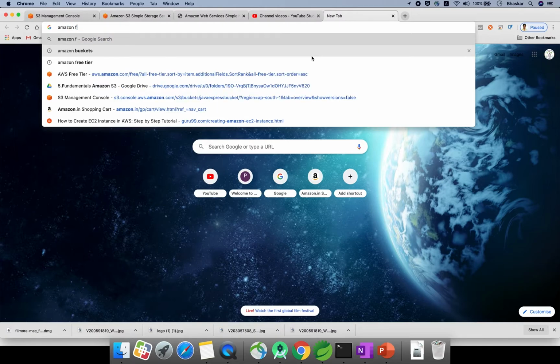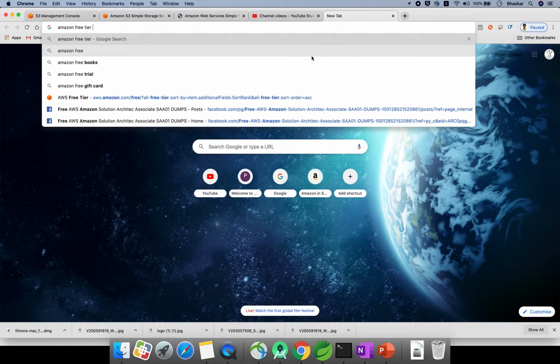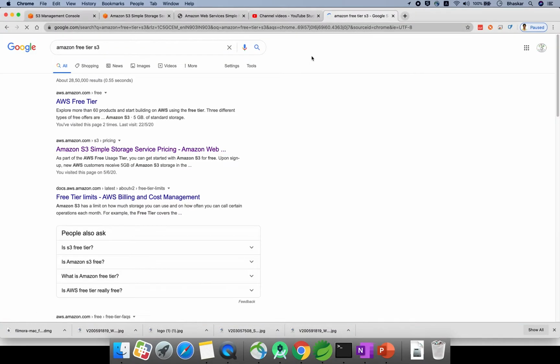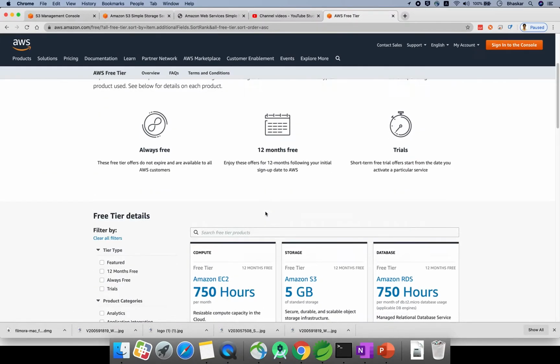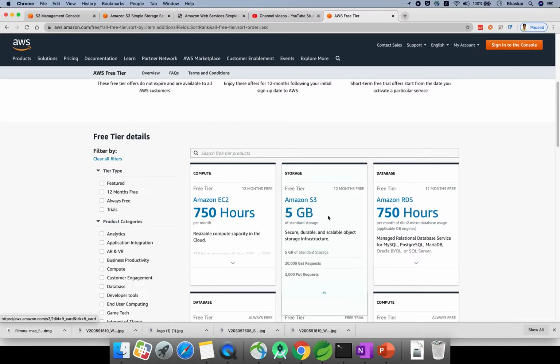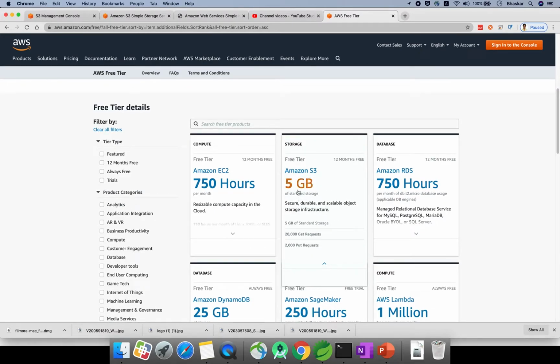Amazon S3, Amazon free tier. The S3 service is always free; if you see here, you can store 5 GB overall for 12 months, with 20,000 get requests and 2,000 put requests.